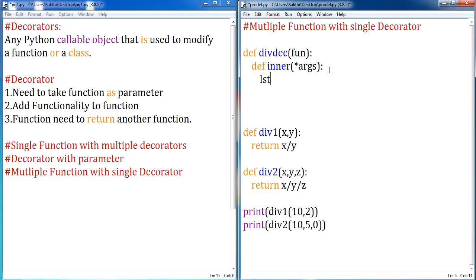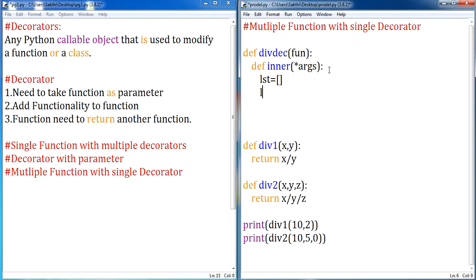Let me declare an empty list, and here we are supposed to take the arguments. So let me have a list assigned args. Args is nothing but my parameter name. As we know, whenever a denominator is equal to 0, it will throw a zero division error.